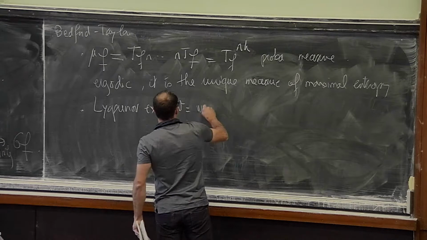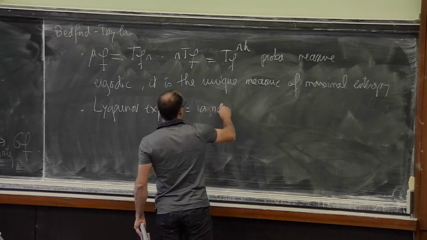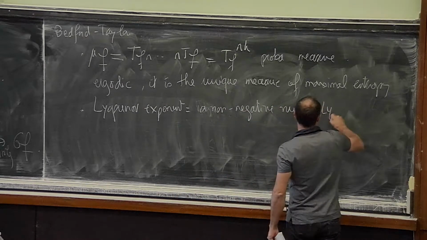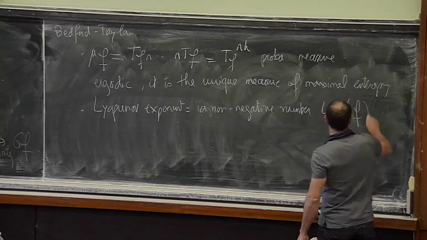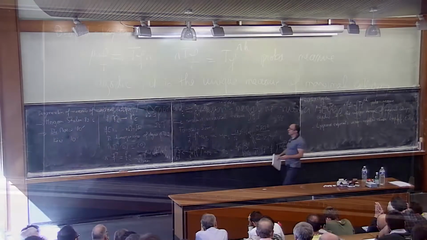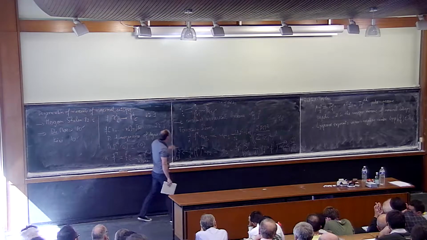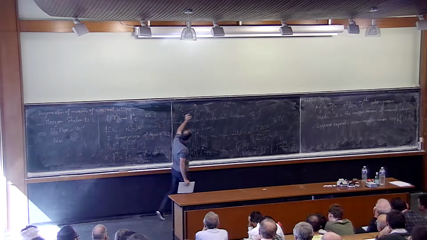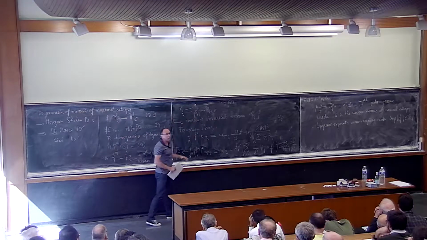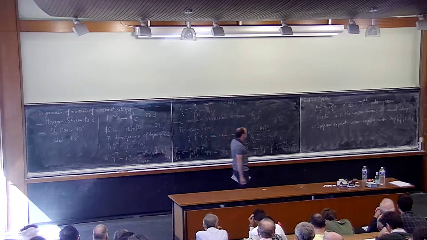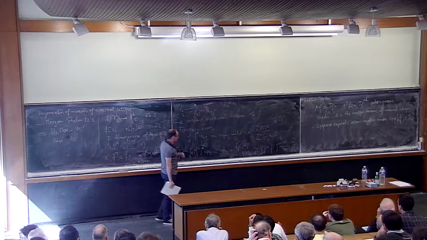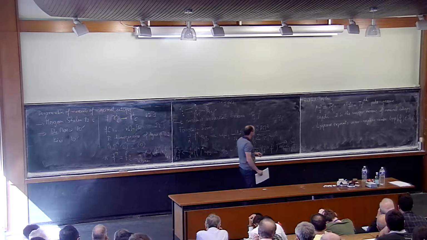Which is a non-negative real number. Let me denote this by Lyapunov of f. And if you want, it measures the infinitesimal expansion of your map f along a generic orbit with respect to mu of f. So more specifically, here I'm going to be interested in the sum of the Lyapunov exponents, and so I